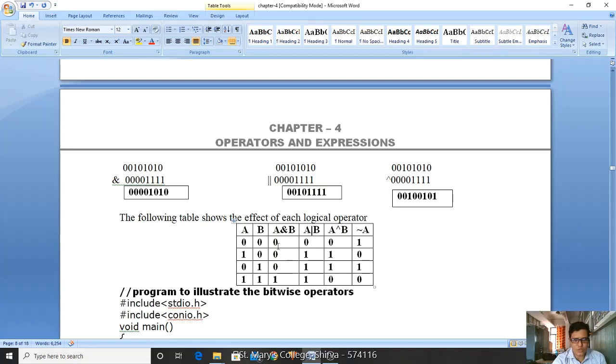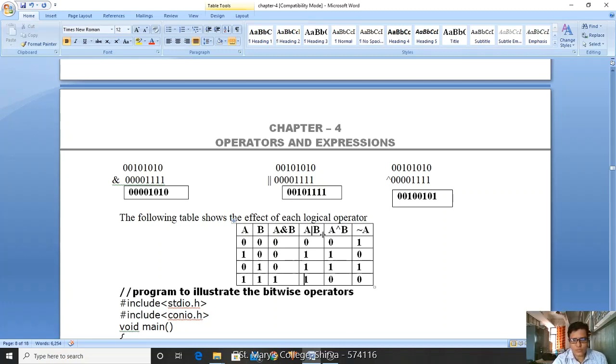In bitwise AND, if both bits are true, then the result is true in the expression. Now the bitwise OR: false false is the only false, and in the rest of the conditions it is true. True false, what happens here? True. False true? True. True true? True. Likewise it will be executed.